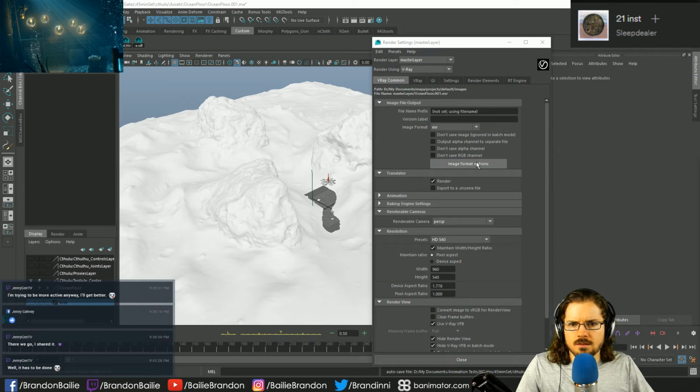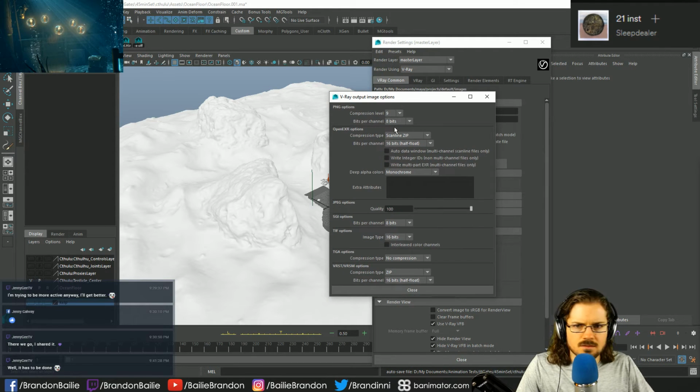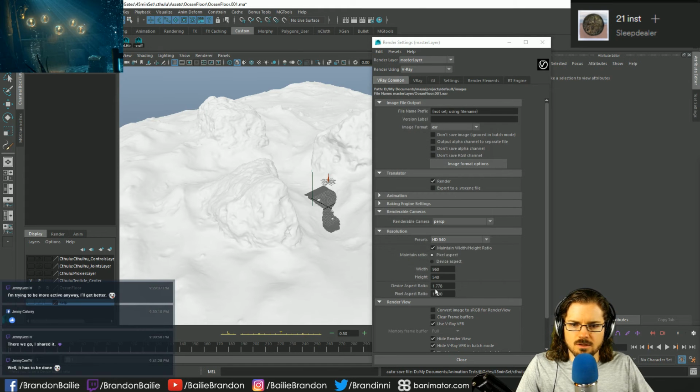And then image format options. We are going to do compression type as block zip. Then we're going to move on to 32 bits full float. Our quality, yeah, 100%. And then we're going to go ahead and close that. And then from there, we're going to go ahead and make sure that we are